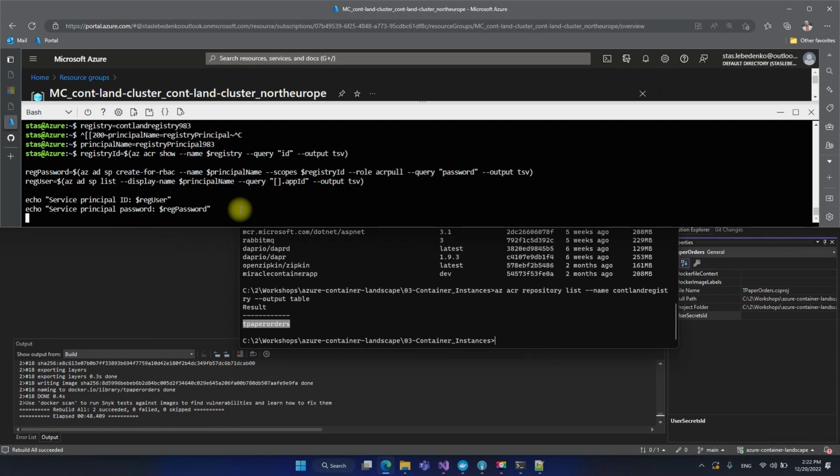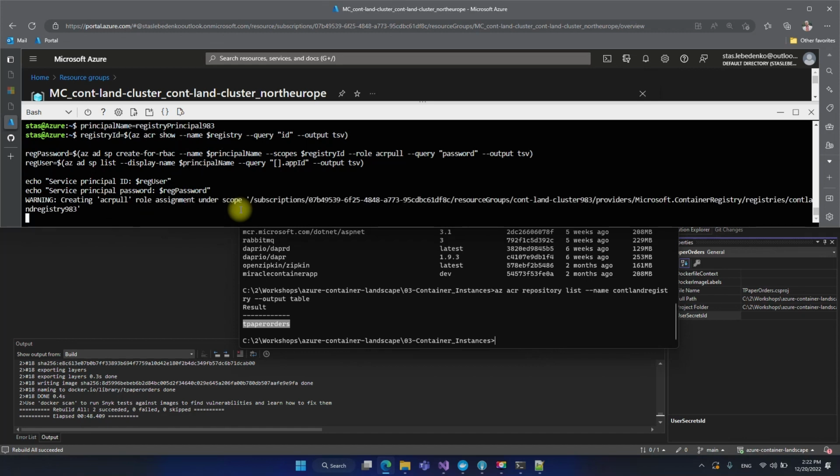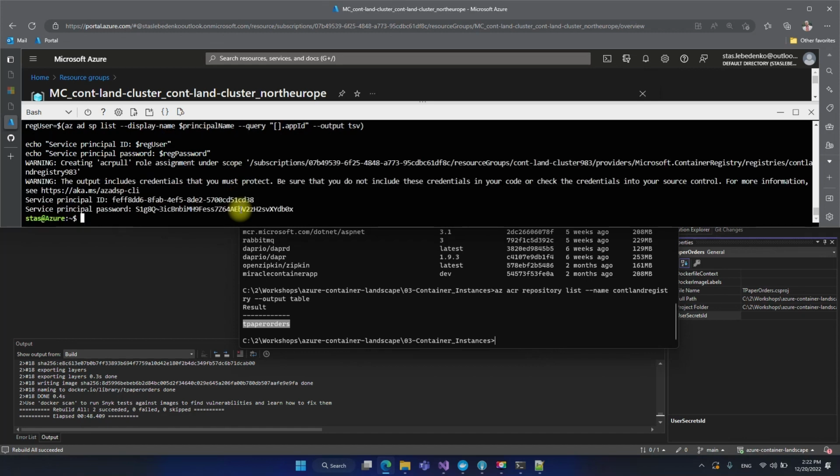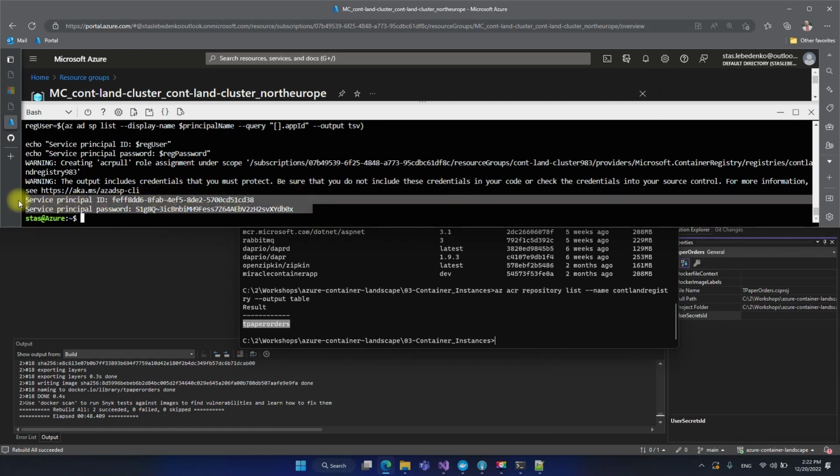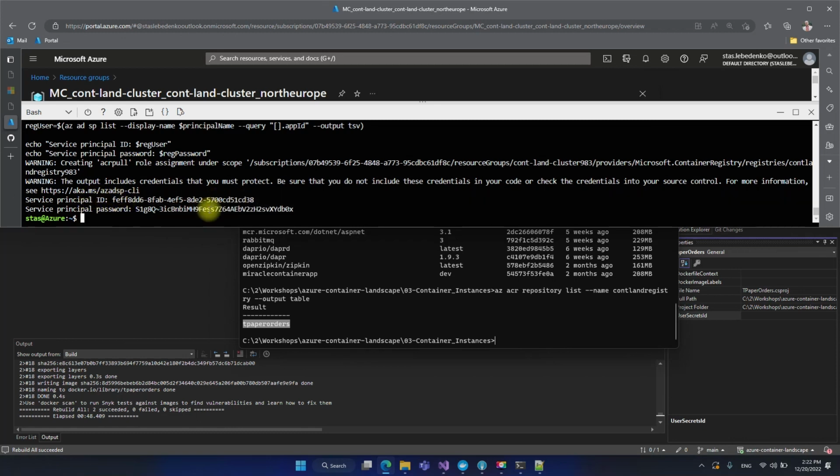So yeah, now you see the secrets. After a few minutes, yes, this output includes credentials that you must protect, but it will be deleted soon enough. So we have a principal ID here, and we have a service principal password that we can use to deploy